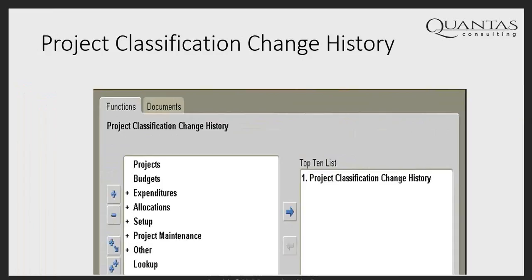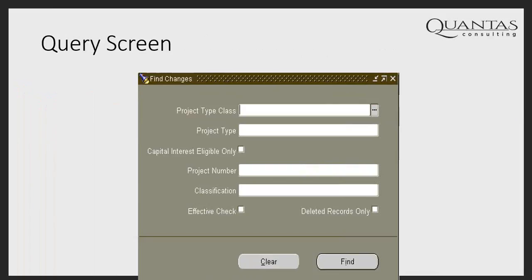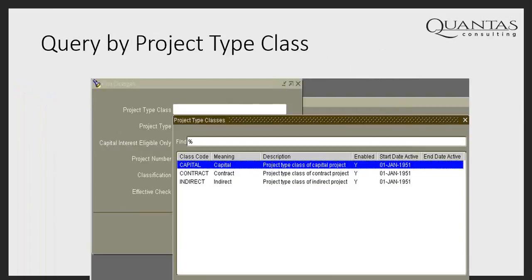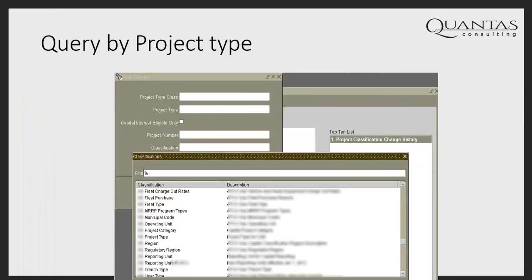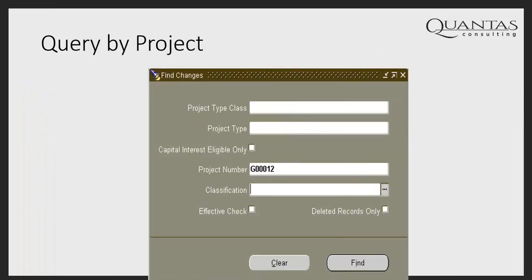And then we've got the project classification change history window. What this screen does is we can run and view the changes based on different parameters. So we've got our project type class. We can run it by capital, contract, or indirect. Project type, I'm going to do it by project number, but we could do it by a combination of them where I'm going to pull out everything that's capital with a particular classification. So there's different ways of being able to query up the changes